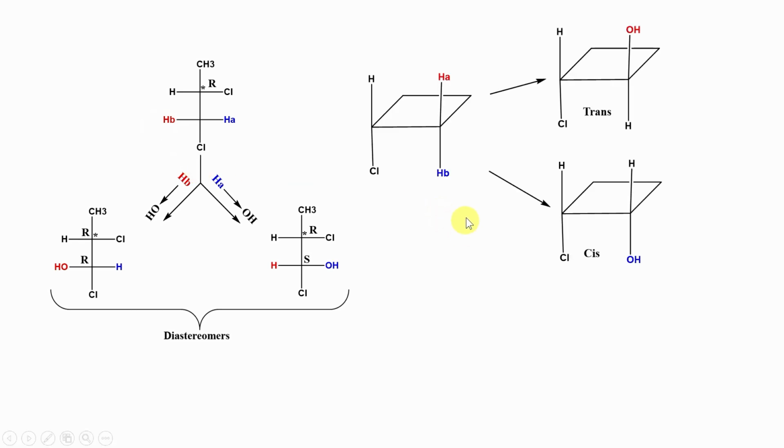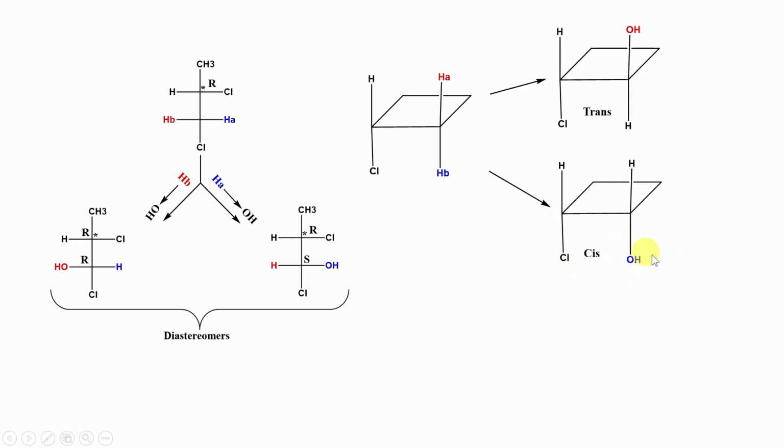In the case of a cyclic compound, for example this molecule, see, it is chlorocyclobutane. If you replace this HA hydrogen by an achiral ligand, OH, we will get this molecule. This chlorine and OH groups are trans to each other. And if you replace the HB hydrogen from this chlorocyclobutane with an OH group, then we will get this chlorocyclobutanol, but it is cis.